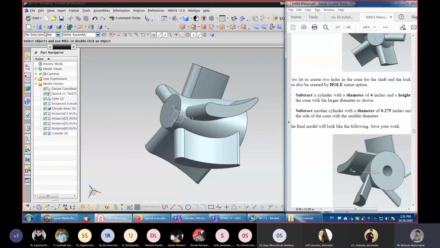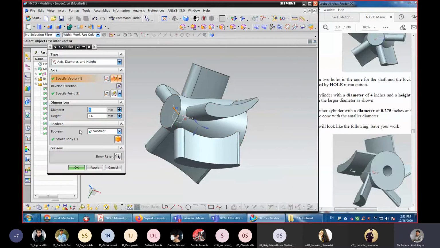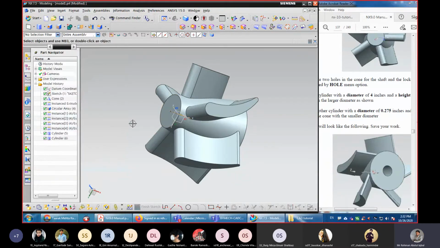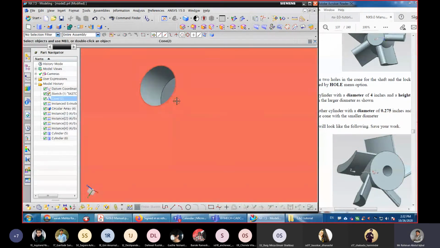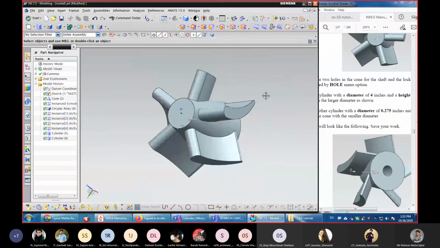Same thing, go to cylinder and 0.275 is the diameter, height is 0.25, direction will be X and specify the point, this center, subtract, click OK. You can see it has been subtracted.